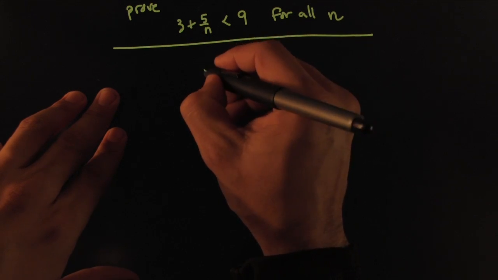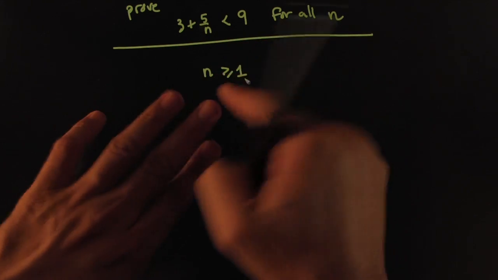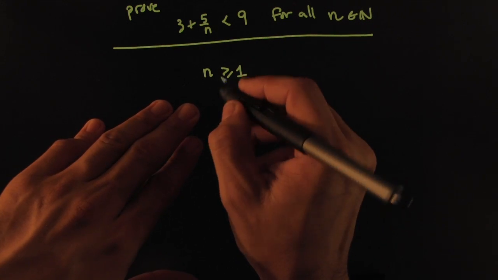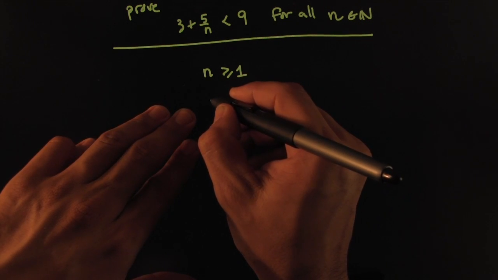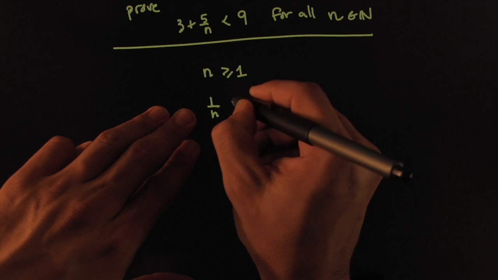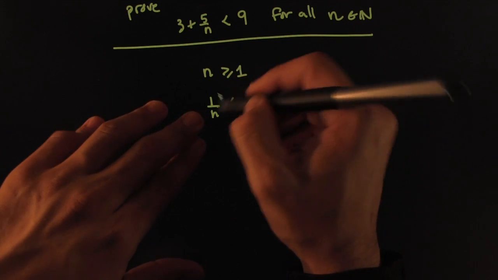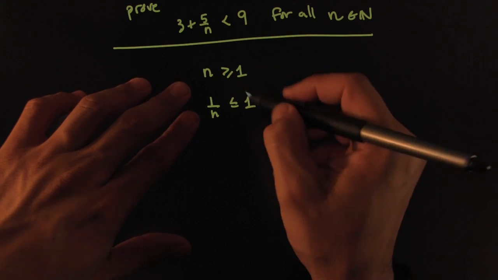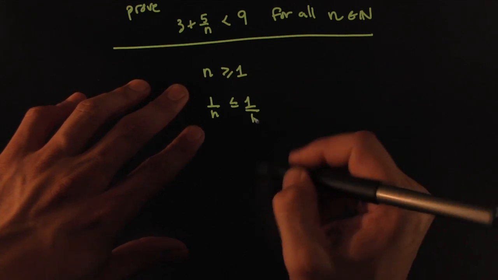You could go like this: n is always greater than or equal to 1. That's by definition because it's a natural number. Okay? So therefore, 1 over n is less than or equal to 1. That's what happens when you flip them. You've got positive numbers, this one's bigger than that one. That means that if you flip it, here I'll flip it,